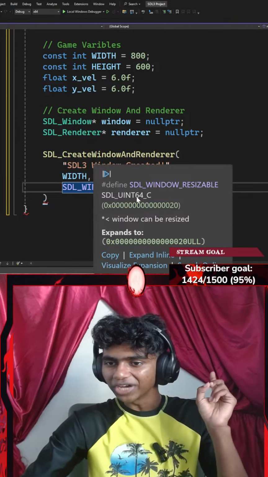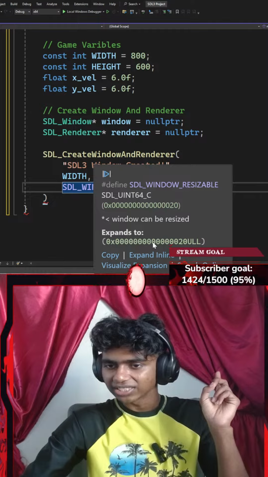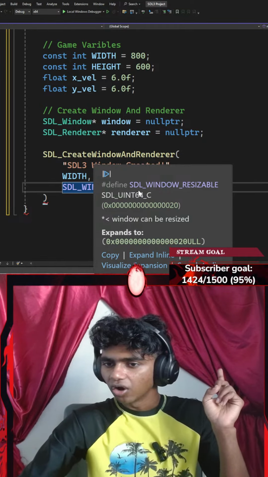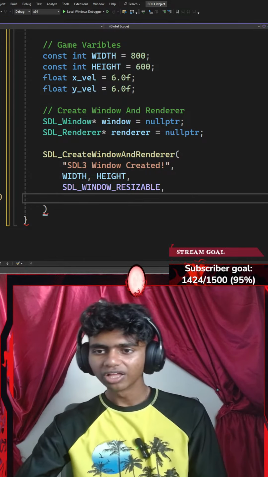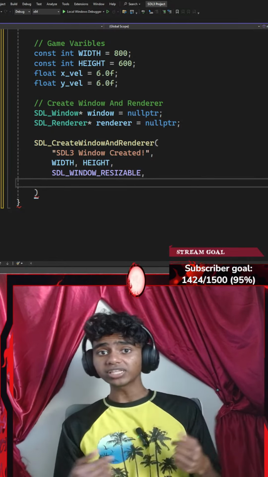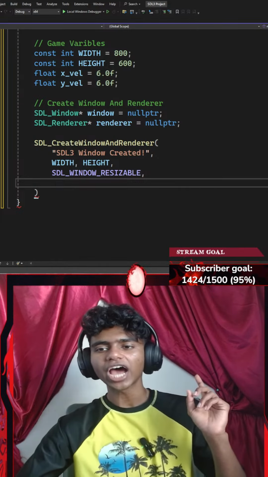Okay, this is called a UN64. I don't think this is a flag. Is it like a keyword or something? Okay, I'm going to be calling it a keyword, I think. Okay, that's it. Now, for my fifth and sixth parameter, I am going to need the memory address for my